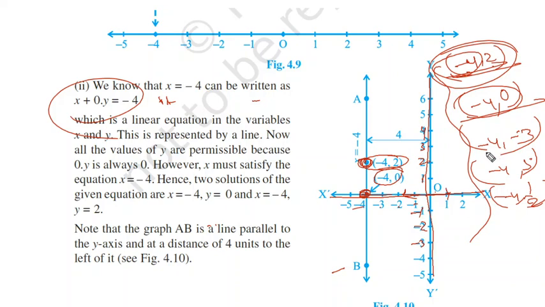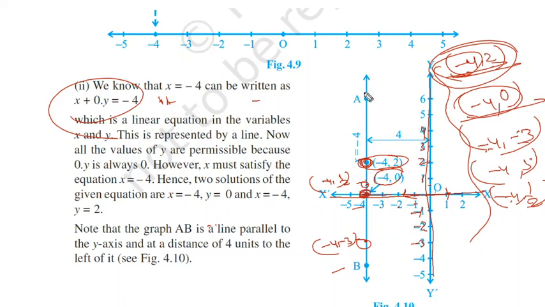Now we'll move to (-4, -3). Okay, x is again here at -4, and y = -3 means towards downwards here. This point will be (-4, -3). One another point, (-4, 1/2). Here I will get -4 is here, 1/2 will be, this is your 1, this is your 0, so in between here. So this point will be (-4, 1/2). So we have got now several points, 1 point, 2, 3, 4 points.